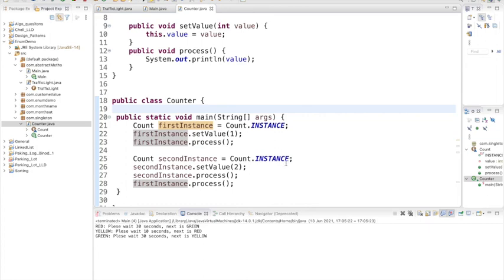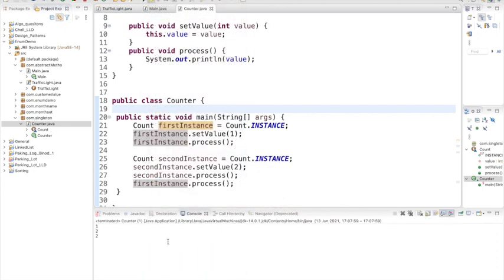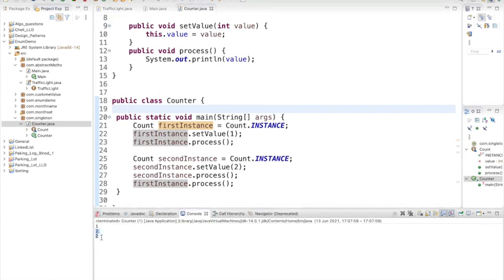Okay, now I create another instance and I set the value 2. Now we have two instances, first and second, and I run both to see whether they give the same value or not, right? Run this code. First time it shows 1 because I have set 1. Second time I set 2, and from both instances I am getting 2 here, right? So this is the beauty of that.